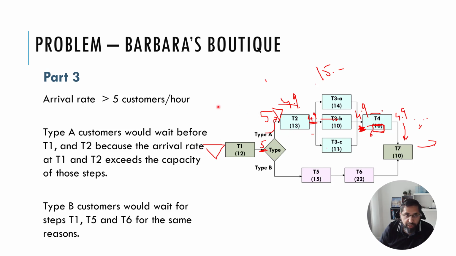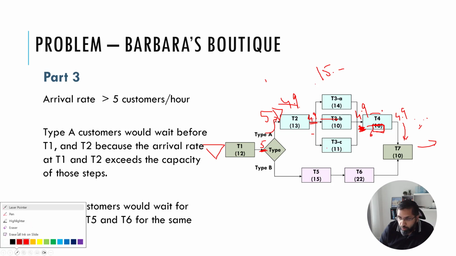So a queue forms whenever the load on that process step is more than the capacity of the process step. The load on the first process step is given by the demand. The load on the other process step is given by the output of the previous step. Let's do it for type B customers. Again, the queue will form before T1 because the arrival rate is more than 5. T1 can only handle 5, so the load is more than the capacity of T1. Okay, what about